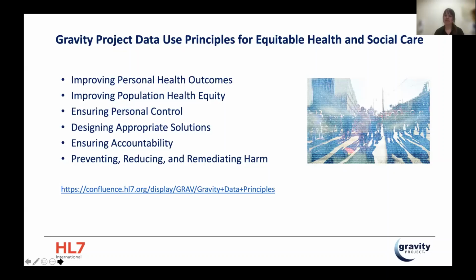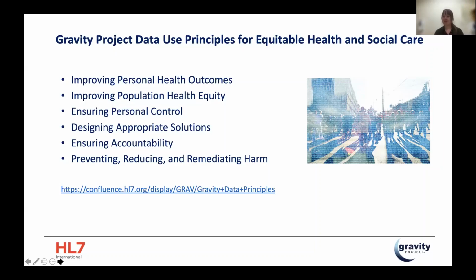As Gravity builds terminology to define social risks, the risk of being hidden or the injustice of being hidden is addressed. But as we address the injustice of being hidden, you suddenly have the risks of being in the ecosystem. There's so much amazing and really powerful research regarding data justice in ecosystem, whether it be Dr. Ruha Benjamin, Meredith Broussard, Cathy O'Neil. So all of this information is part of what we do at Gravity. And out of that, we created data principles: the Gravity Project data use principles for equitable health and social care.